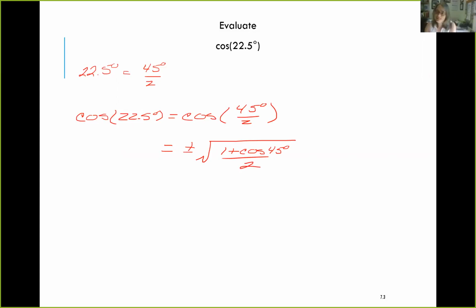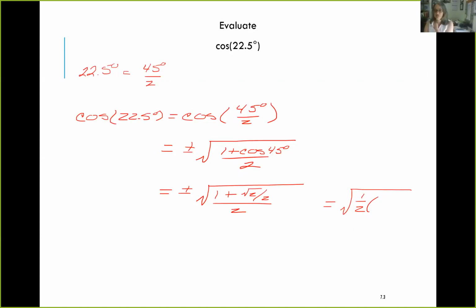And from here, all we're doing is playing games with numbers in order to get this into a somewhat not ugly form. So let's do this. We've got the positive and negative square root of 1 plus, okay, the cosine of 45 is actually root 2 over 2. Okay, that's not very pretty, but there's not a whole lot I can do with it, other than if I combine the numerator together, and I'm going to pull out that 1/2 for just a minute. So I'm going to write this as 1/2 times